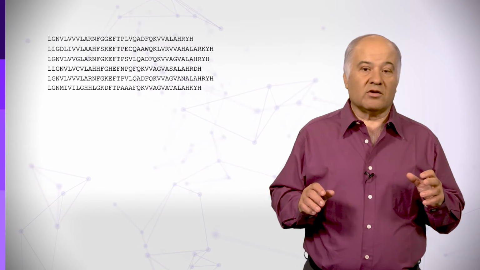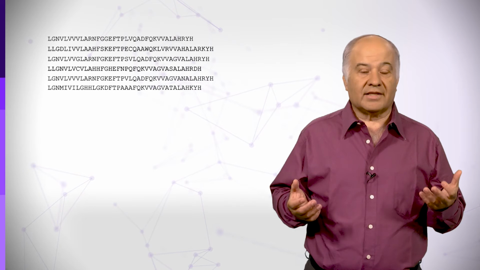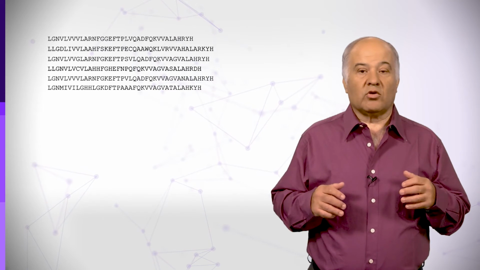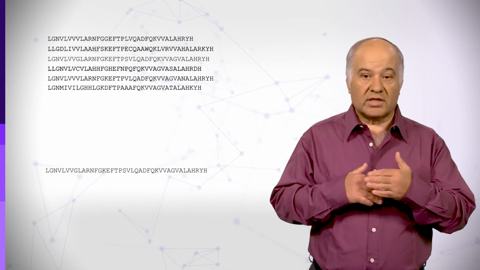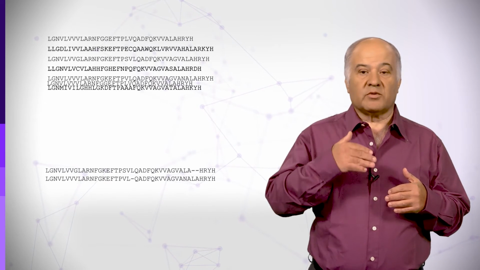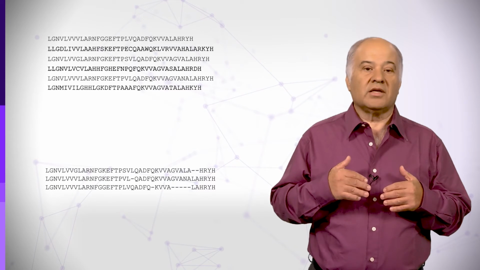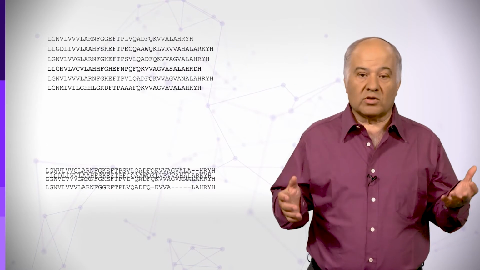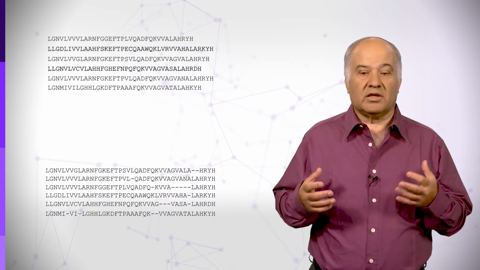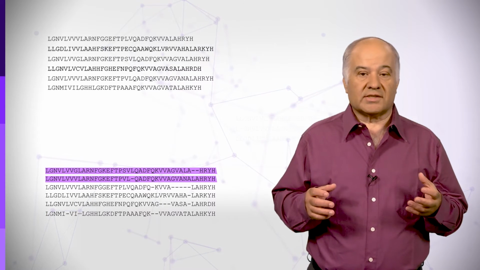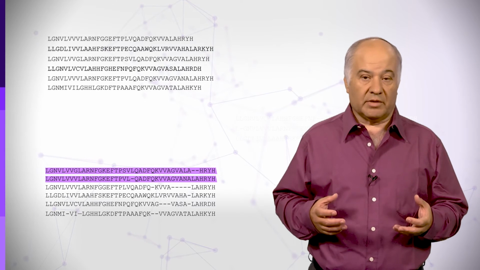Most of the MSA algorithms work in an iterative manner. They start by locating the pair of sequences that are most similar, align them to each other, and then look for a third sequence that can fit into the alignment, and then the process repeats until all sequences are aligned. This process, of course, gives considerable importance to the first sequences that are chosen as a seed of the alignment.